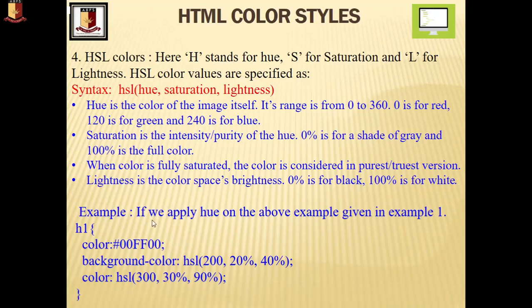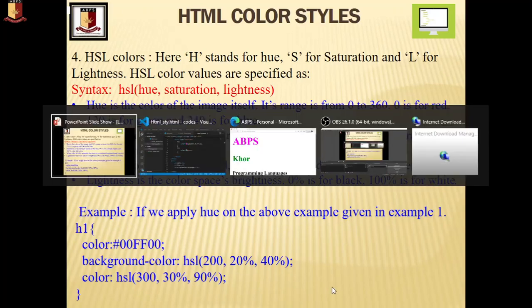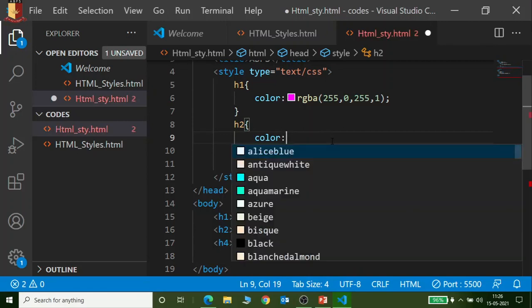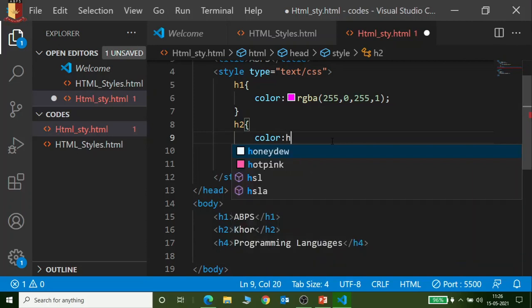Example, if we apply hue on the above example given, how it will work, just check. We'll take the hue example also, and we'll apply this to some other heading. This time we'll take it here. So for the formula, actually the syntax is the same.